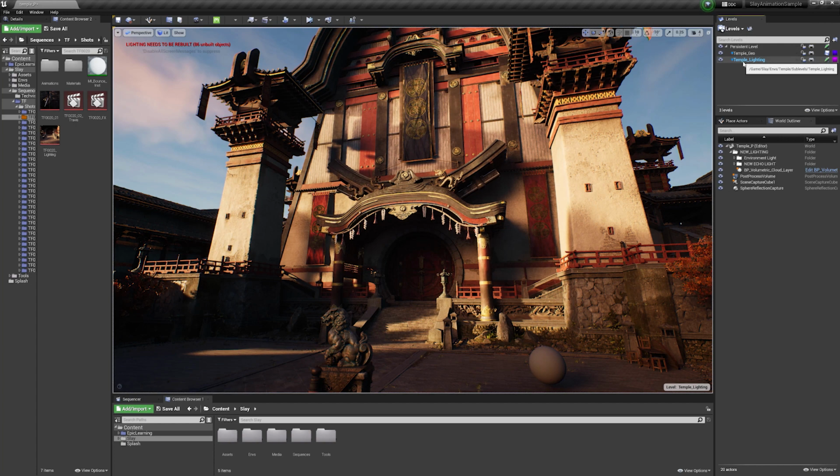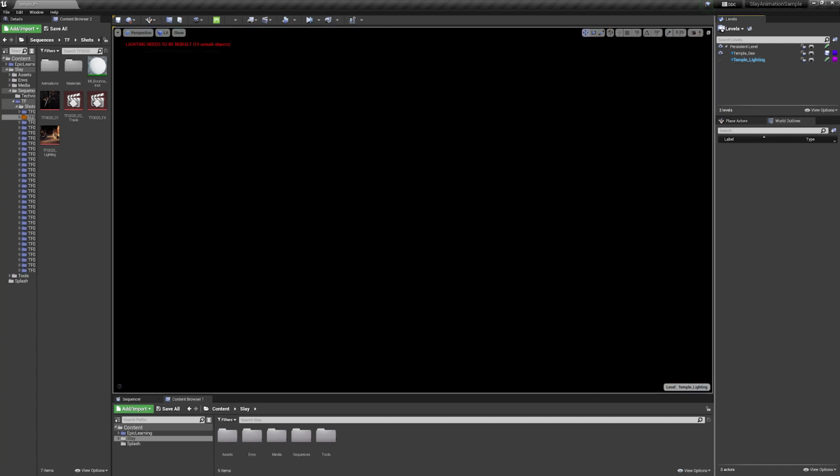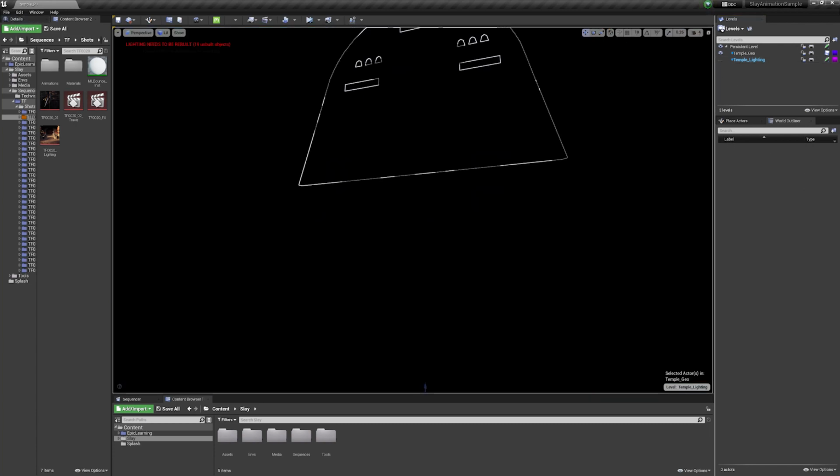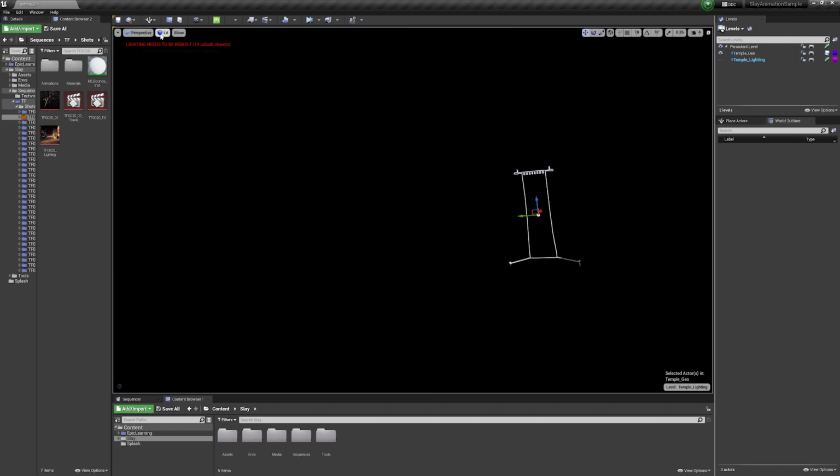The temple lighting is known as a lighting sublevel. Typically, we'd have an LSL underscore and whatever that scene name might be. For this project, since we only have the temple, we'll just be calling it temple lighting. If we toggle our visibility off, all of the lighting disappears. However, if you click around, you can notice that the geo is still there.